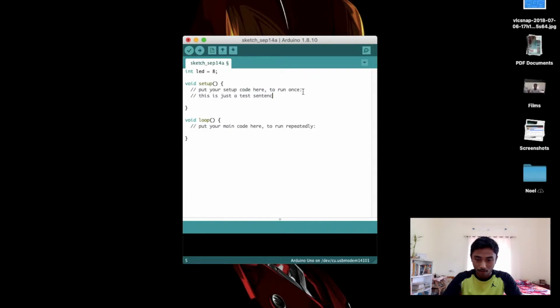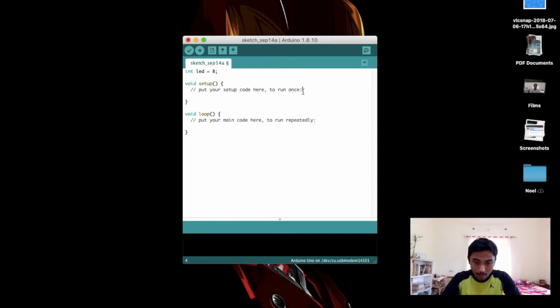As you can see, I have simply written a sentence inside the comment line. By putting two forward slashes, you can write a note that you want to tell other users who are looking through this program, so they can understand it more easily. That is what these two slashes mean.